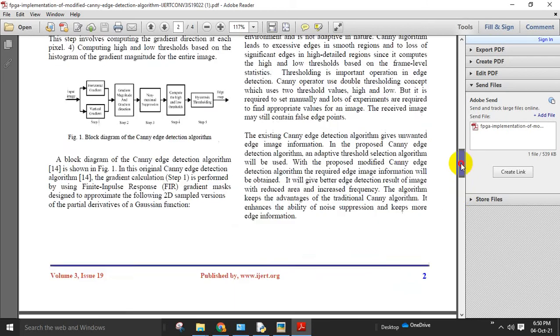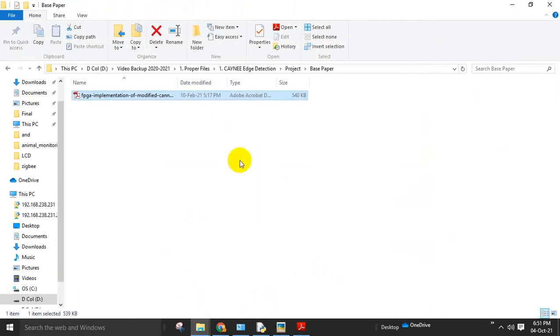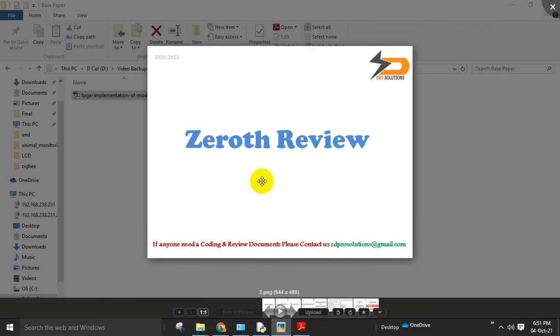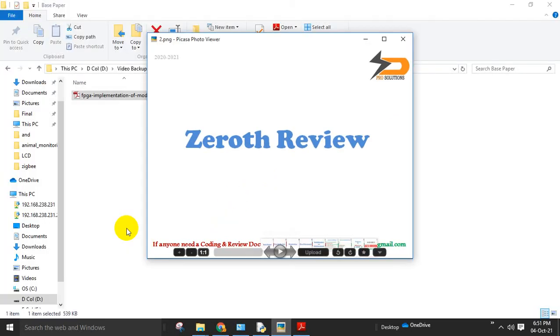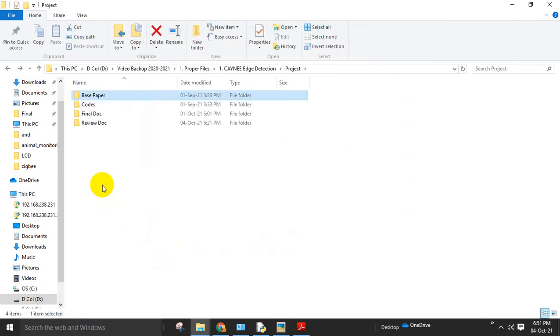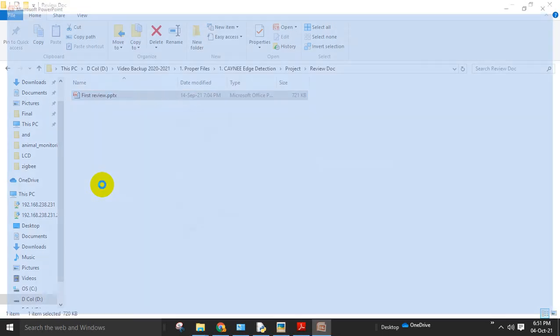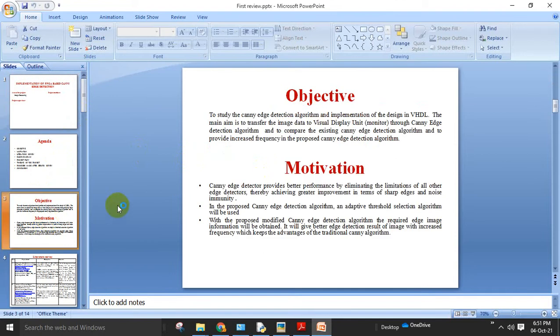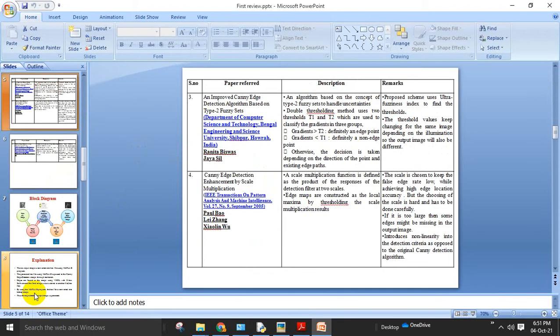Now I'm showing you the initial PPT that we are preparing, which comes under the zeroth review material. In this zeroth review material, we include the objective, motivation, literature survey and the block diagram.